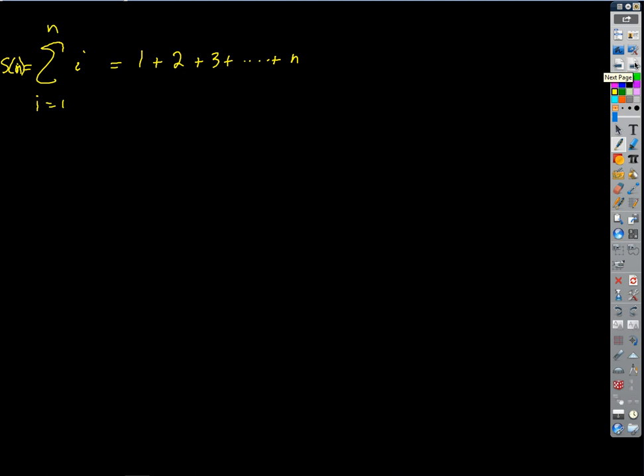So we're going to make a table here. We're going to call this sum S of n. It's going to be a function, really, isn't it? Because depending on what n is, we're going to get different results, right? If n is 3, we're just going to get 1 plus 2 plus 3 is 6. If n is 4, we're going to get 1 plus 2 plus 3 plus 4 is 10. Okay, so let's make a table then. So we'll go n